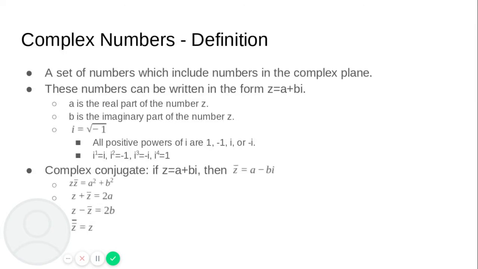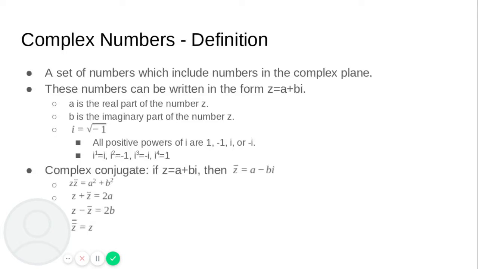So today we're going to talk about complex numbers. Complex numbers are a set of numbers which include the numbers in the complex plane. We'll get a bit more into what the complex plane is, but these numbers can be written in the